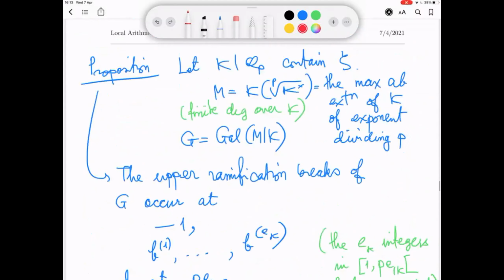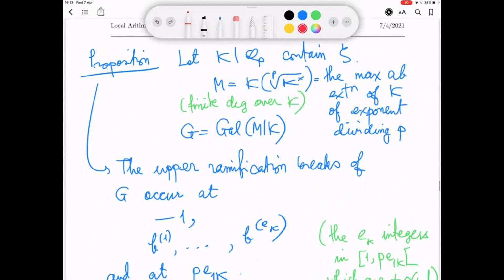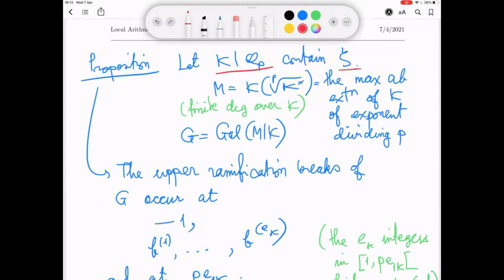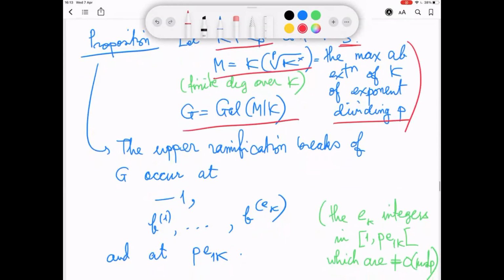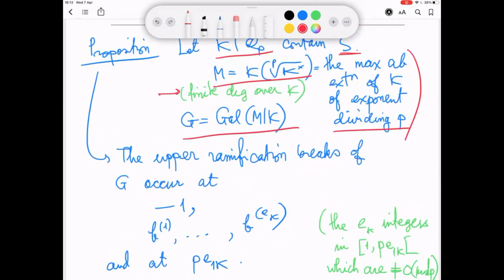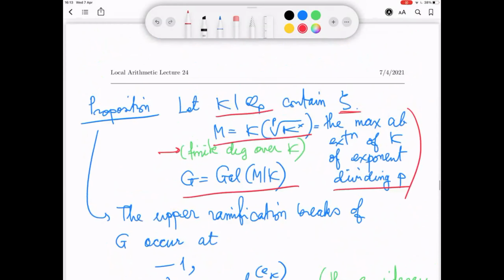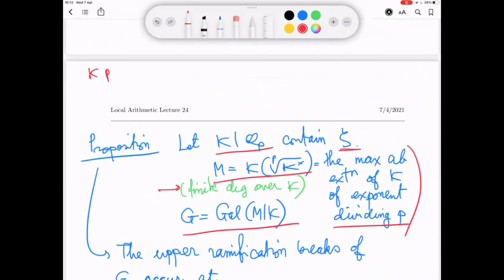So what is the conclusion of all this? The conclusion is that if I take a finite extension K of QP, which contains a primitive pth root of unity, and if I take the maximal abelian extension of K of exponent dividing P, and if I denote by G the Galois group, first of all, the observation is that this is finite degree over K. This is not true if K is a field of characteristic P. M is the maximal abelian extension of K of exponent dividing P, then we have seen that the degree of M over K